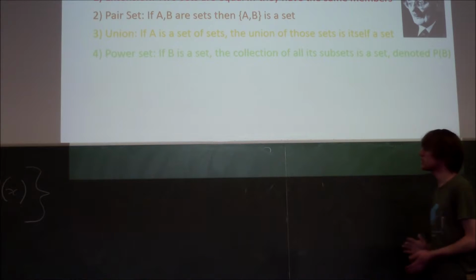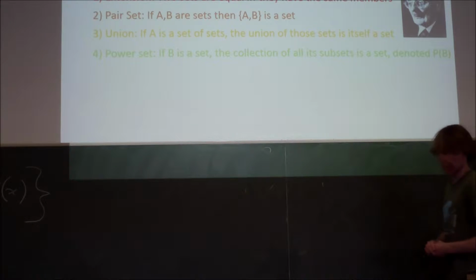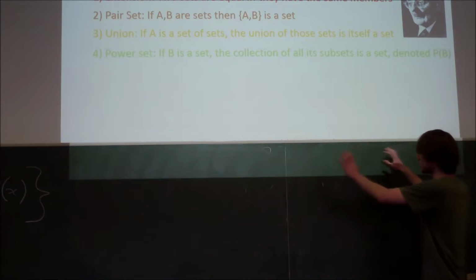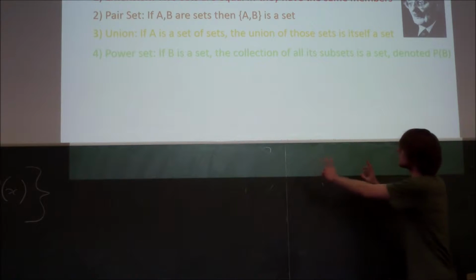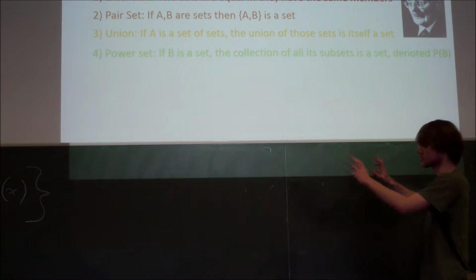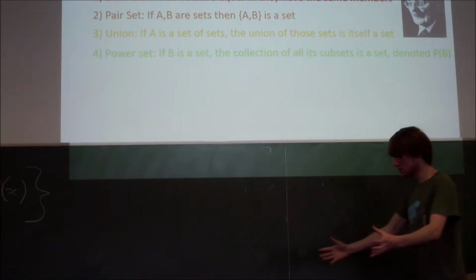Next three axioms are a bit simpler. They spring a bit more easily to the imagination. So the first one, the pair set axiom, says that if we have two sets A and B, then we can make another set which contains those two sets. Now, don't mistake this for taking the union of the two sets. It's like if taking the union were